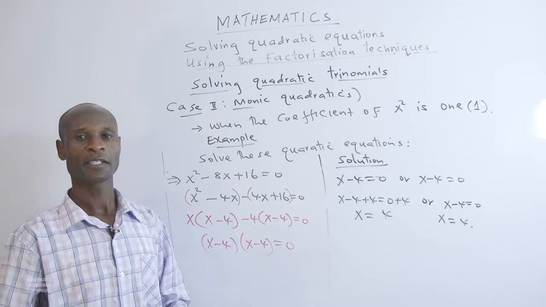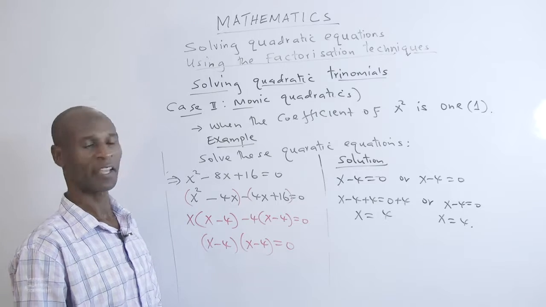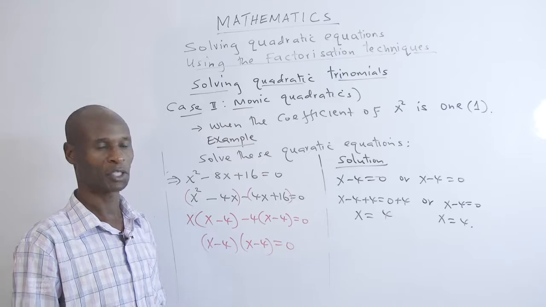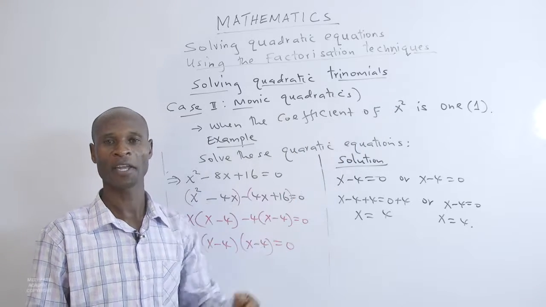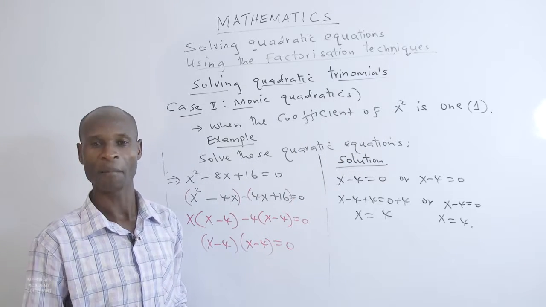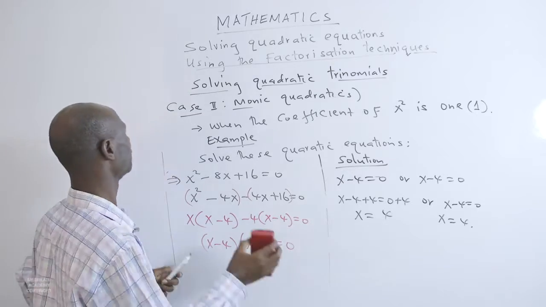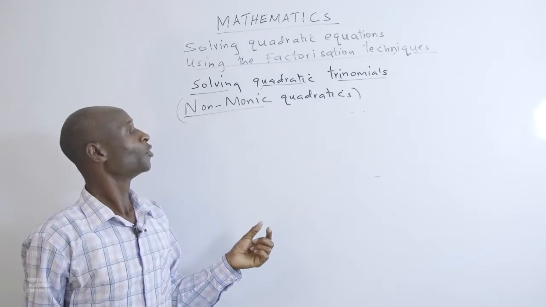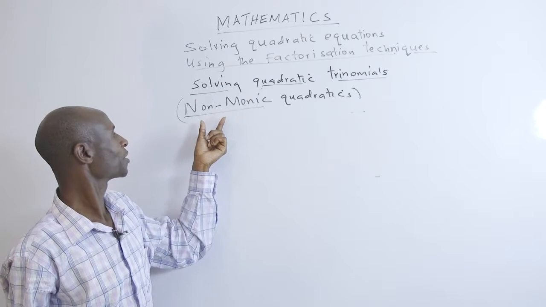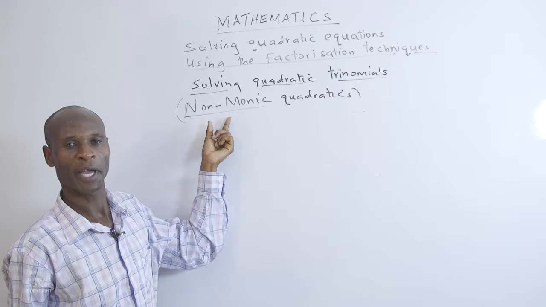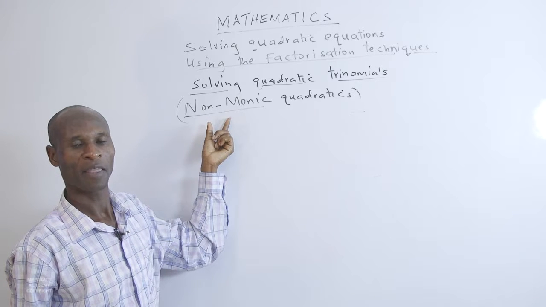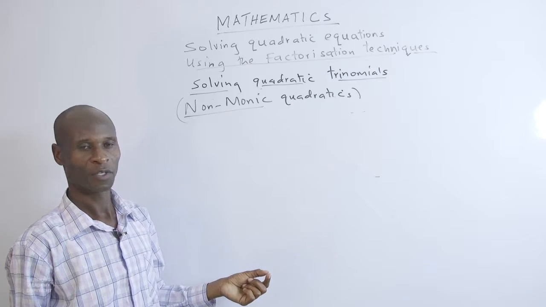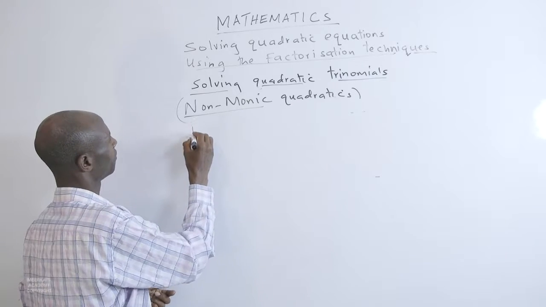Now, let us move on to another case. I'm calling it case 3. We now solve a quadratic equation where the coefficient of x squared is any other number than 1. So, quadratic equations where the coefficient of x squared is any other number other than 1, they are called non-monic quadratics. So you can say, in this case,